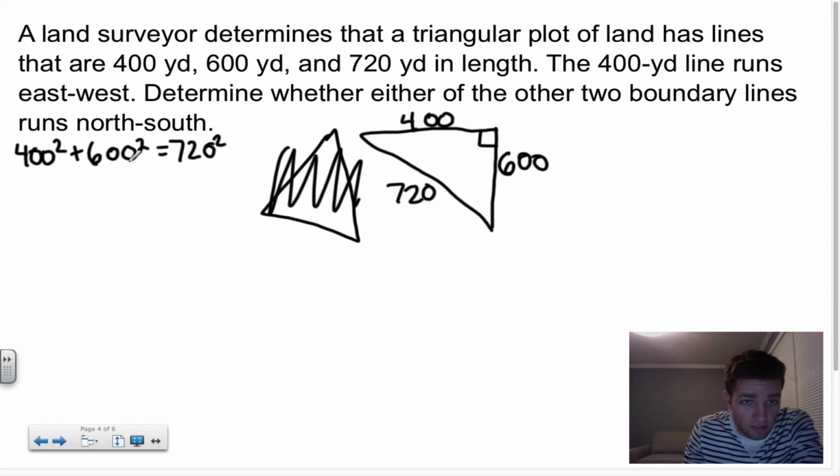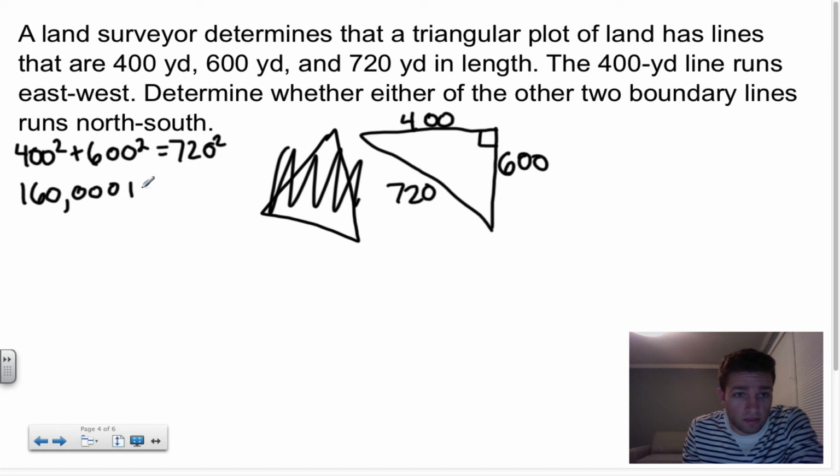Meaning if I took these values and plugged them into their appropriate spots in the Pythagorean theorem, it would work out. Now, I already know this math, but if you have a calculator and want to pause and try it yourself, you can. But 400 squared is going to be 160,000, and this is going to be 360,000